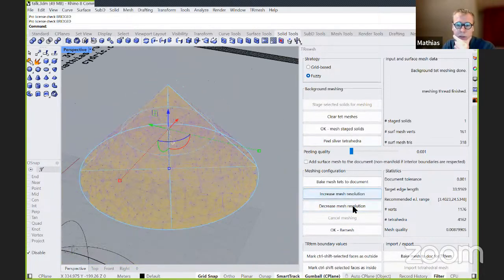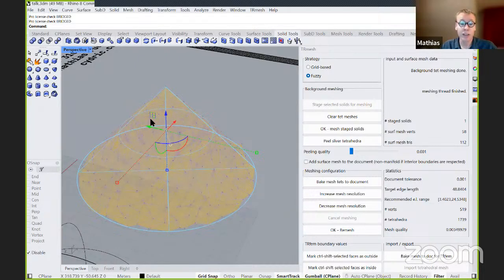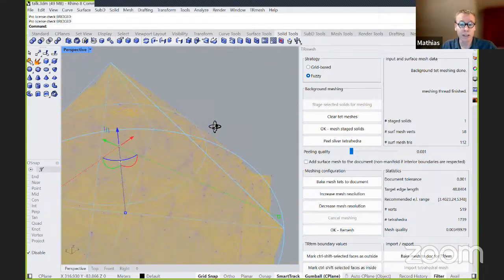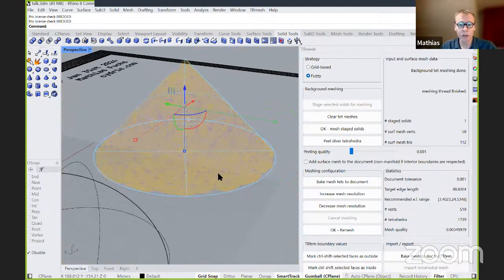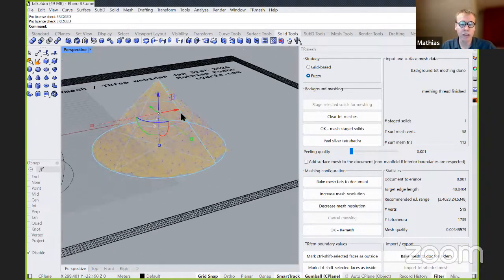Let's do a little coarser. So I like this good old MFC interface here. I think I was the only one last year doing an MFC plugin. It was a lot of fun. I really like the MFC user interface paradigm here. So now the resolution is very coarse, so of course we don't hit the volume very closely, but